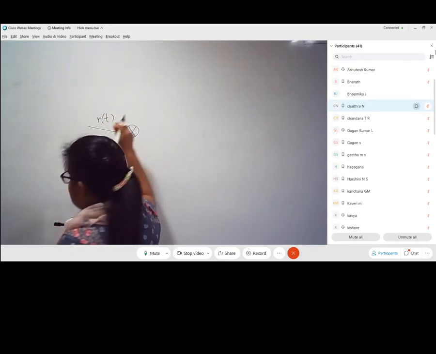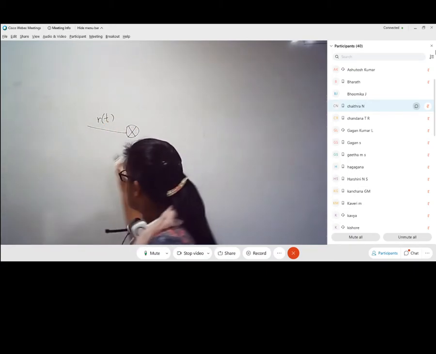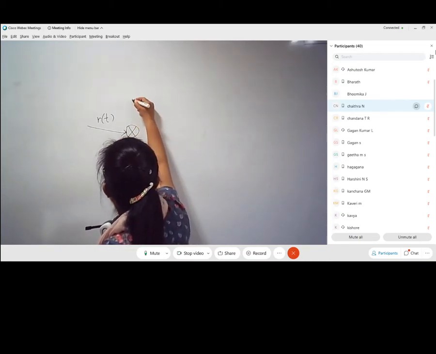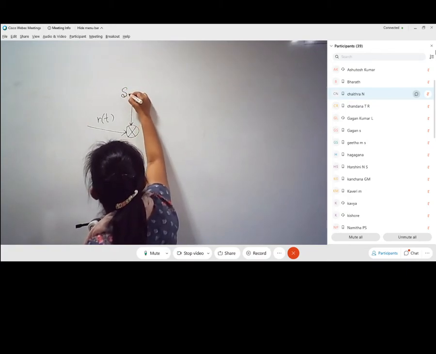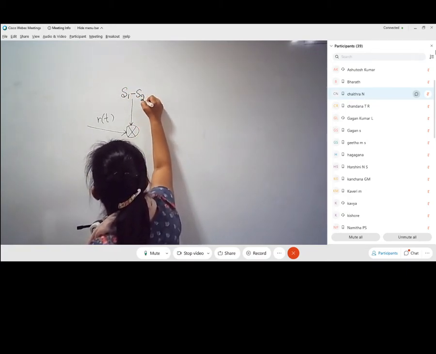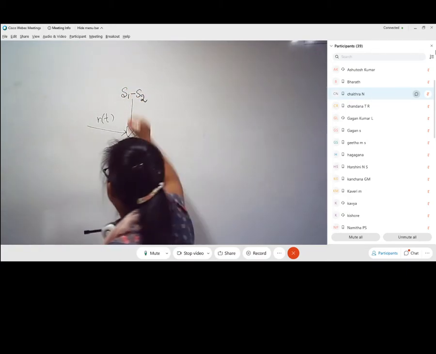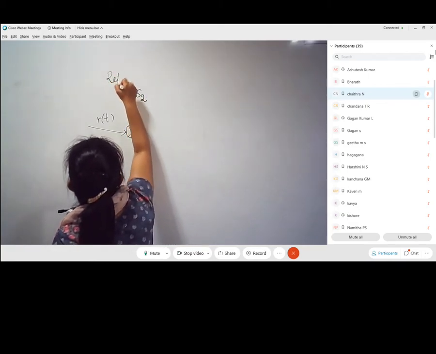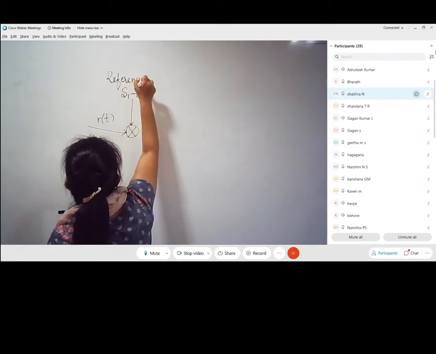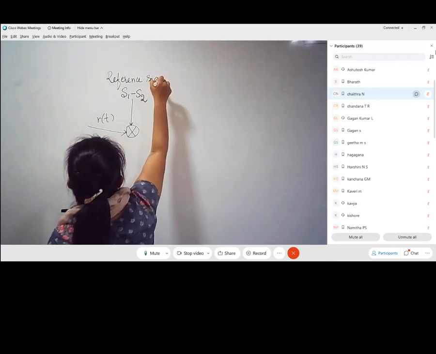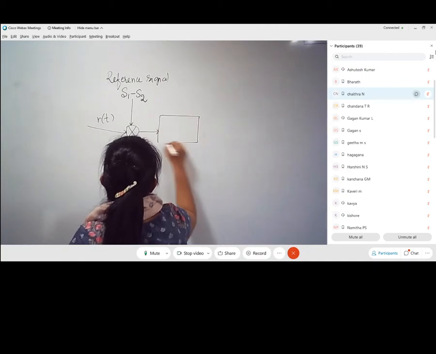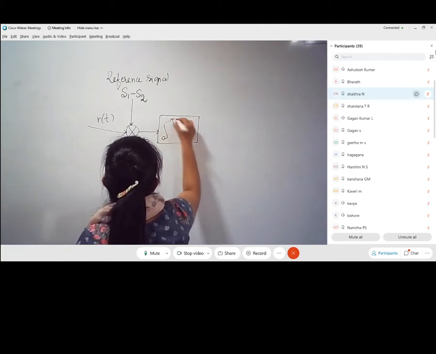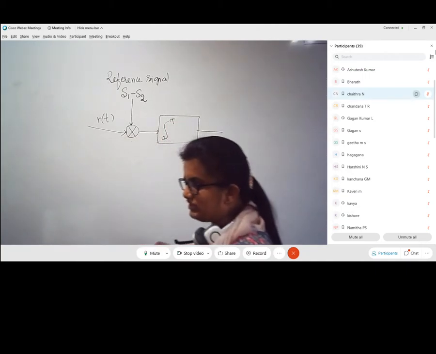Instead of giving S1 and S2 separately, if I am giving the signal for reference, I am going to give the subtracted version, S1 minus S2, as the reference signal. Instead of giving the actual signal itself, I am going to give the difference signal. So this is going to help me in finding the Z of t after passing through an integrator.